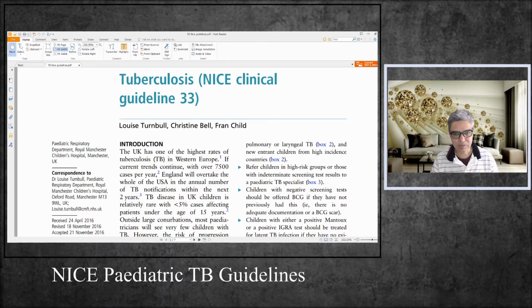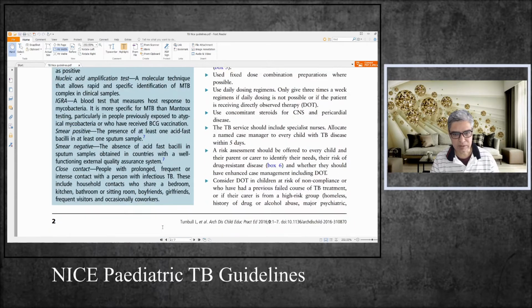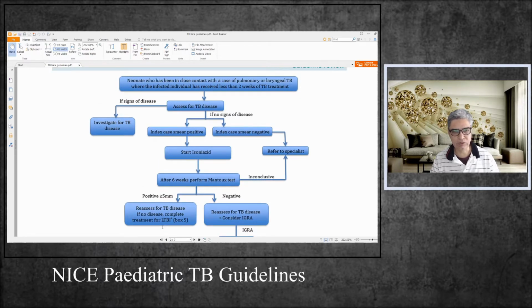Okay, fine. So this is the guideline which you can see on the screen now. I'll just scroll down and we reach the first group, and this is the guidelines for the neonatal group. So I'll start with the neonatal guidelines from NICE. They say that a neonate, a child who is less than 1 month of age, 28 days of age, if that neonate has been in close contact with anybody in their home who is